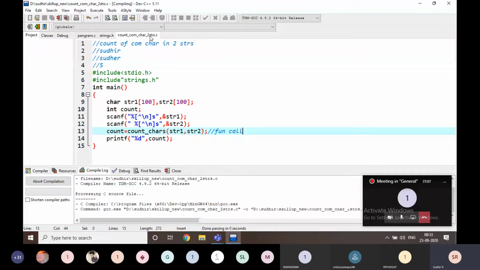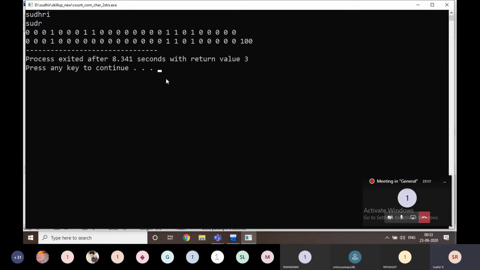Now I am going to execute it. For example, here I am going to write like this, and here also like this. Just look here. Yes, d is okay, but what is this? A b c d e f g h.